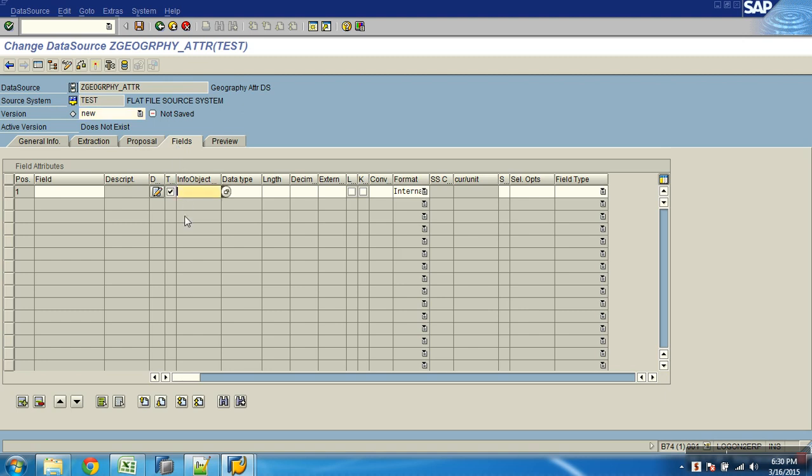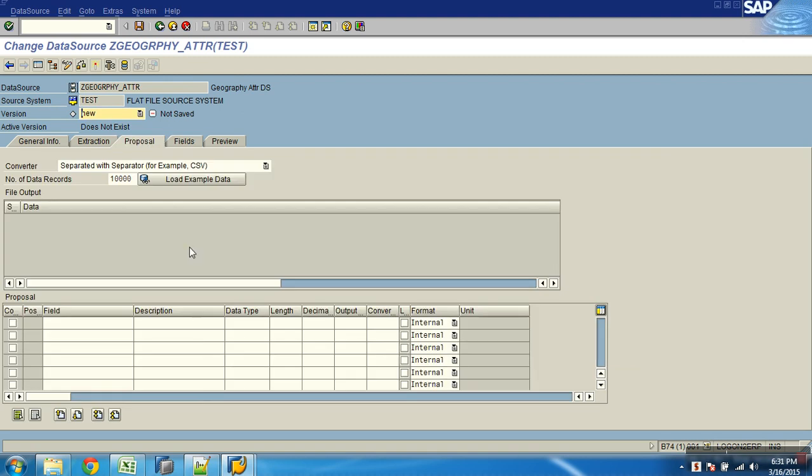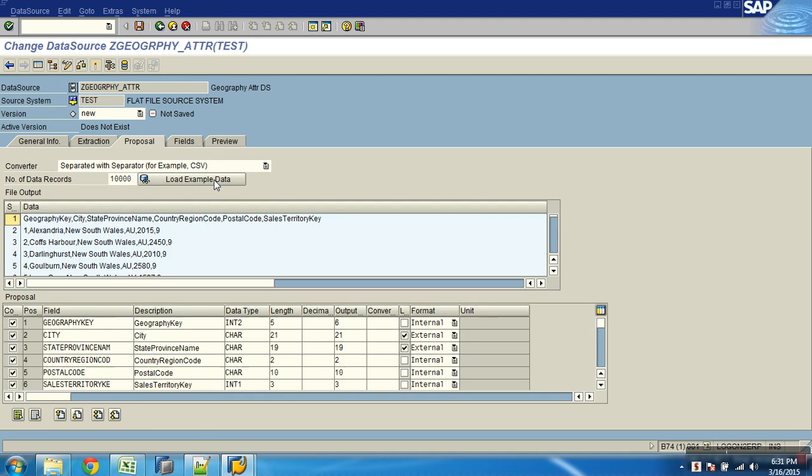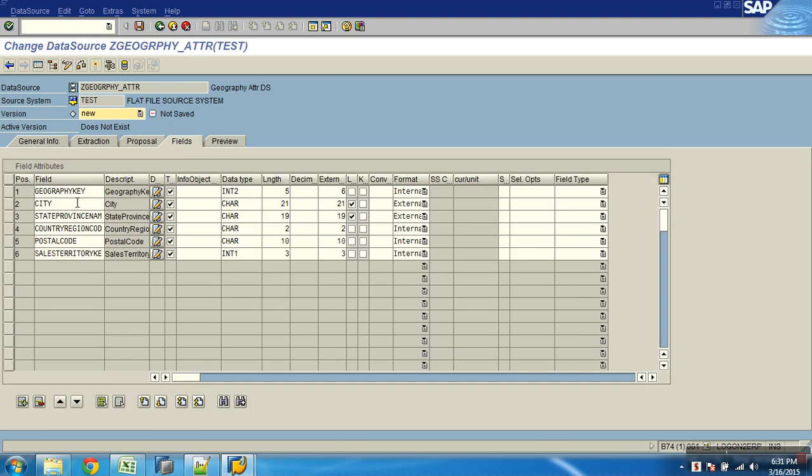Instead of specifying them one by one here, I can go to the proposal tab and say load example data. Based on the data in the file, it loads a sample, and if you go here, it is proposing those columns.